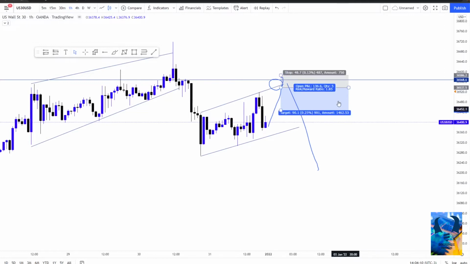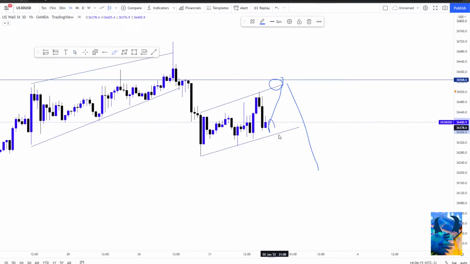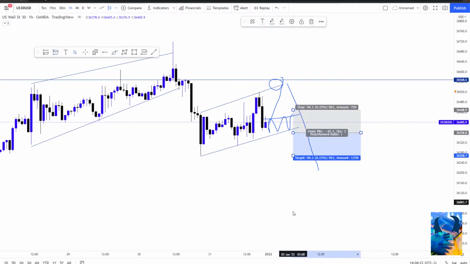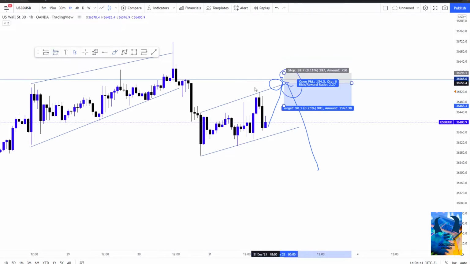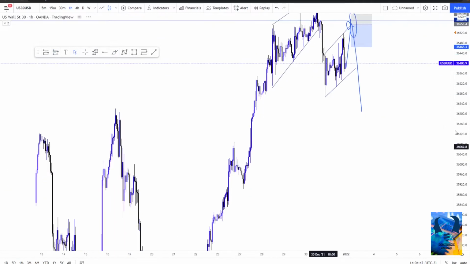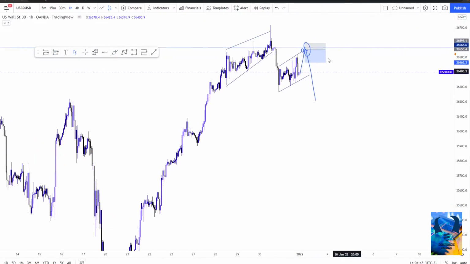That is our first scenario. Or price can what, break below or hover around this area, give us an entry here. You can have a hover entry, placing your order below this level and your stop loss above there, and taking it to the downside. But then since tomorrow the market will be opening, we'll expect price to pull back to this level here, giving us what, a high risk entry. Obviously a high risk entry, we're taking it towards the downside, as price will be retracing and looking for what,